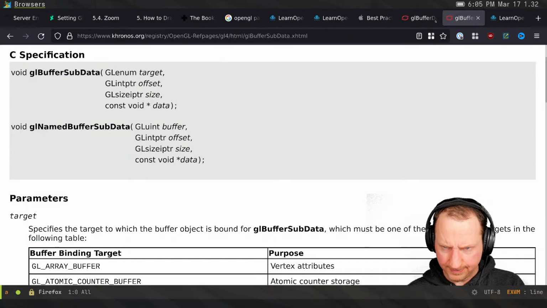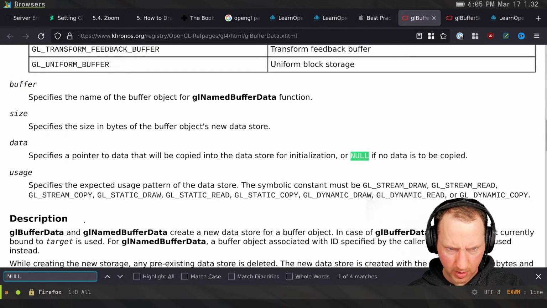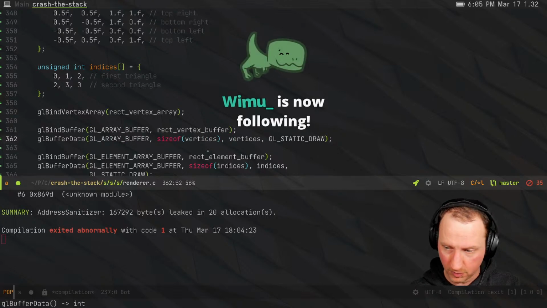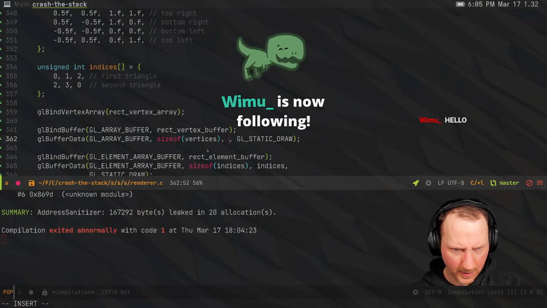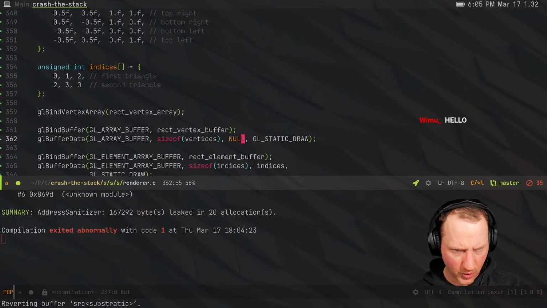So it told me in this documentation that if I give null for data, or null if no data is to be copied. So what I want is not to copy vertices yet. I want to create a vertex buffer. Oof, goodness, that was super loud. Okay, so we'll say null here. And then we will also